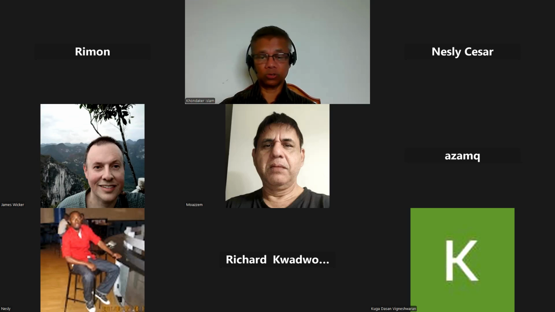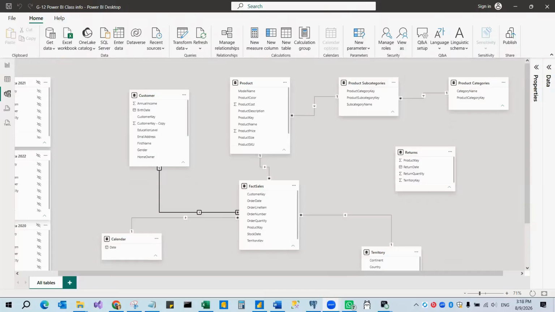So what I'm going to explain right now is called filter context. The filter context is one of the most important things to understand how data flows. Okay, so let me share. Now here, if you see over here,